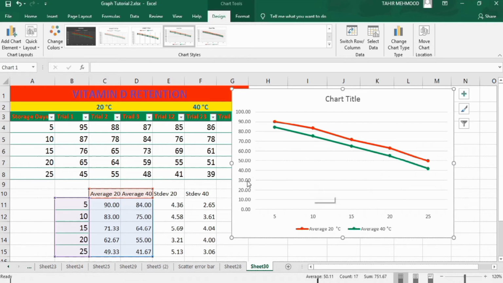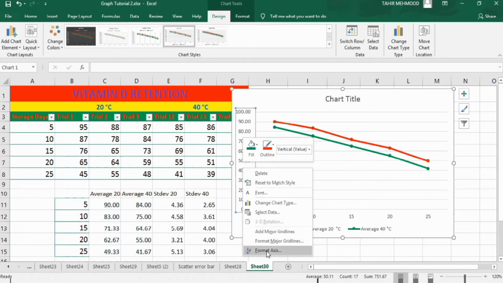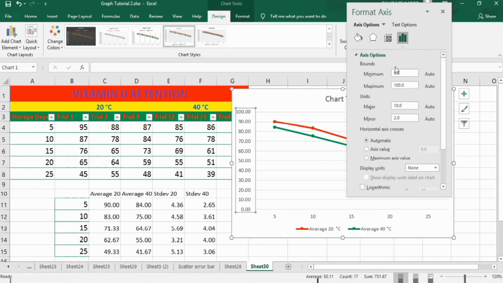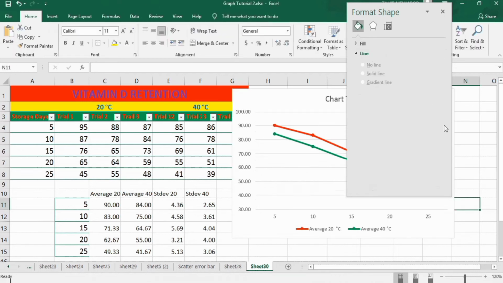Now you can see here the minimum value is about 30. Select this one, right click, format axis, and here I will select minimum value 30. I will not explain the formatting of this graph in detail because I have already uploaded separate videos on this. You can watch if you are interested in the conditional formatting of this graph. That's fine now.